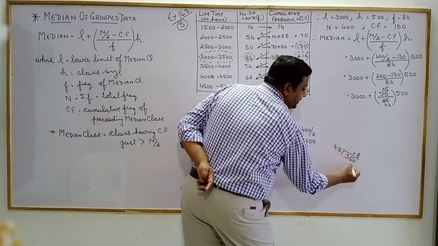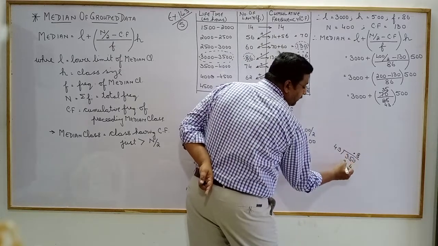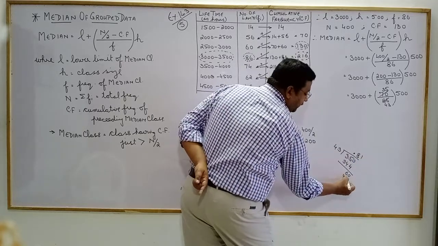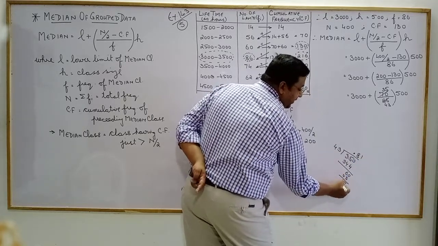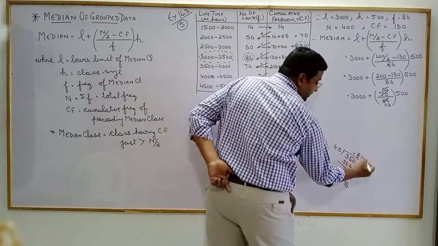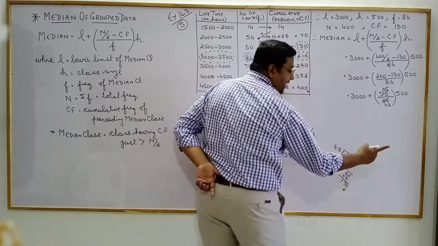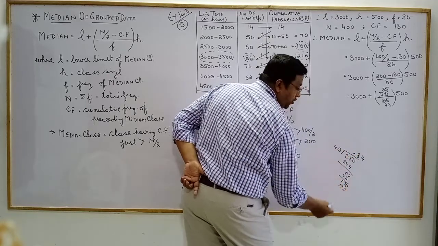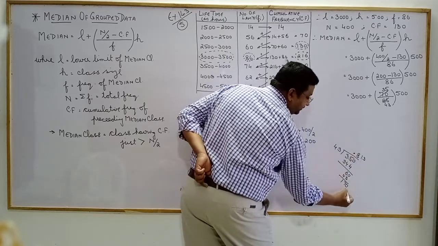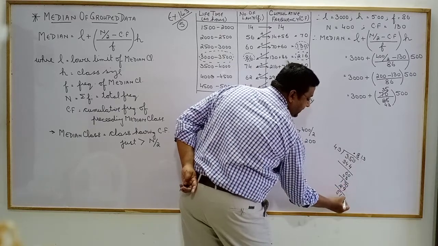4 8s are 32. 4 9s are 36. 350 divided by 43: 8 3s are 24, carry 2. 8 4s are 32 and 2, 34. 43 1s are 43, 10 minus 7, 3, 7. Bring down 0. 4 3s are 12, 4 4s are 16, 4 5s are 20. Let us try 4: 4 3s are 12, carry 1; 4 4s are 16 and 1, 17. Is it more? It is not divisible. It goes 3 times. 3 3s are 9, 3 4s are 12. 10 minus 9, 1. 7 minus 2, 5. Again 0.